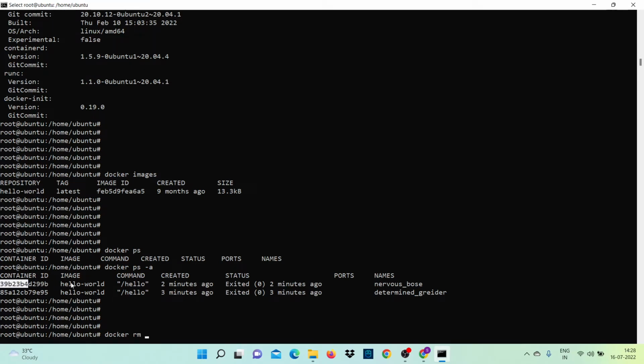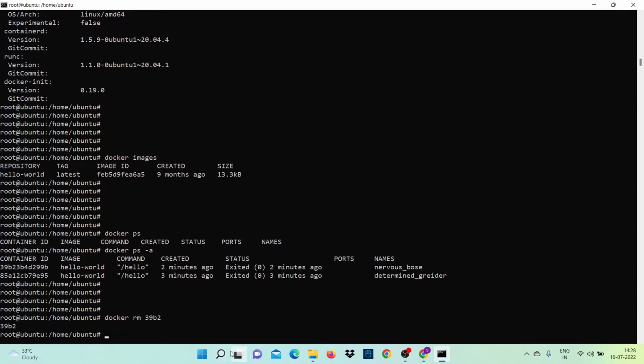You can write the image name or the container name, but it is recommended that you use the container ID, as the names of both the containers are the same. So you have to remember that it is always docker rm and then the container ID. So I am writing container ID 39b. Up to 4 characters is sufficient, but if it says that these container IDs are in conflict, then you have to provide one or two or more characters. So docker rm, and this container has been removed from our